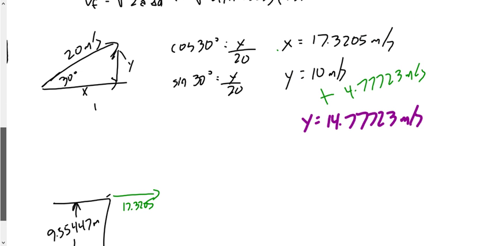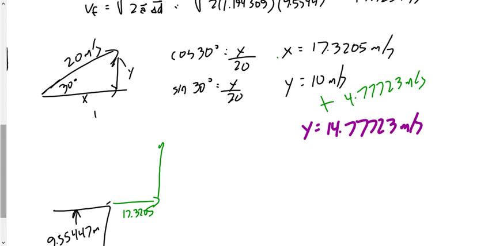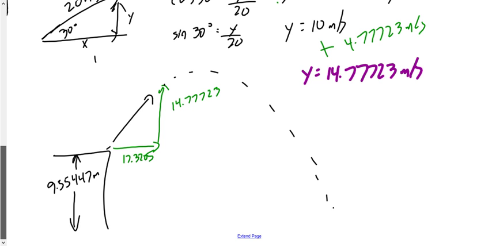Okay, this value right here. And an initial y velocity of 14.77723. Oh, I'm so close. I'm so close to being there. We still have a little bit of a problem with some math here, but